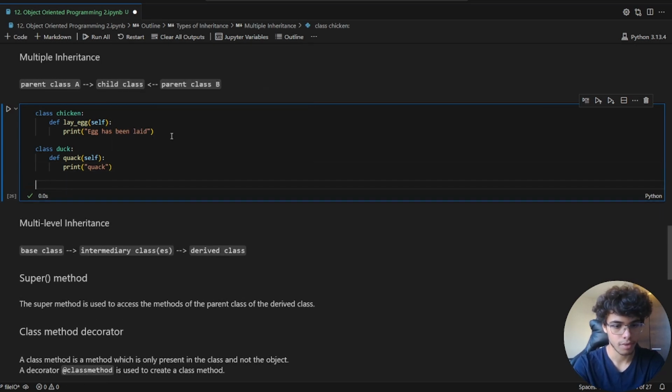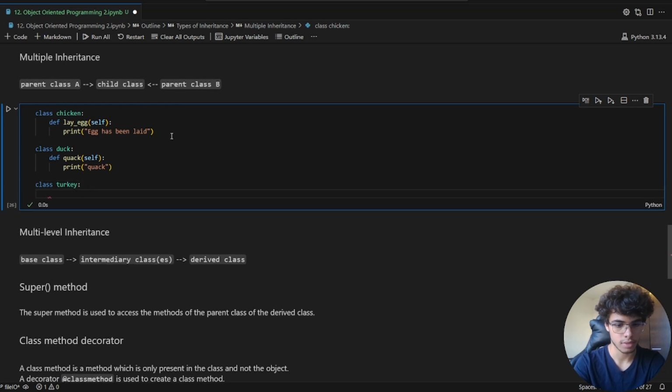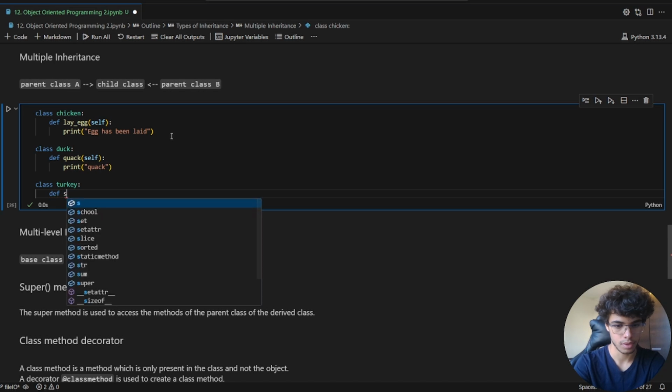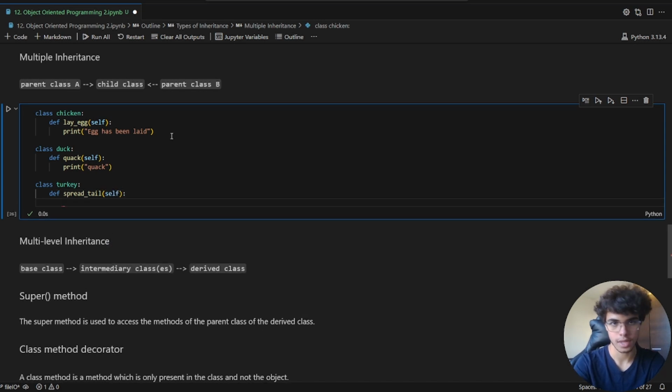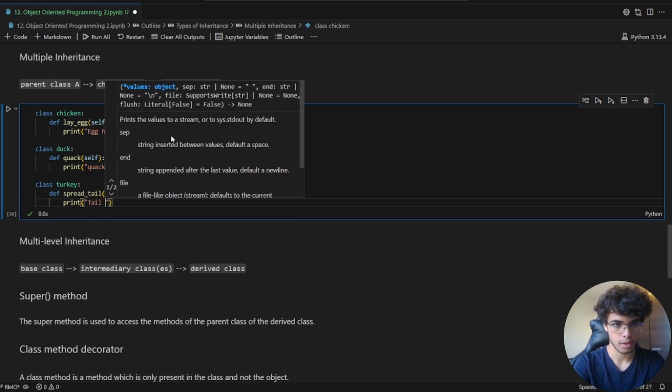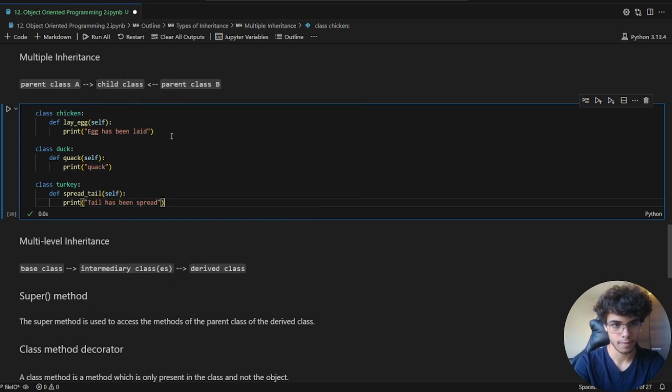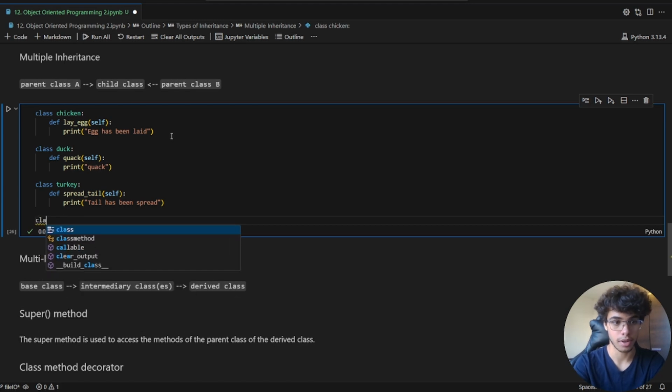And finally, we're going to create another class called turkey. And inside of this class, we're going to create a method called spread tail. Inside of this method, we're going to print tail has been spread. Now, what we can actually do is we can create another class called duckin,